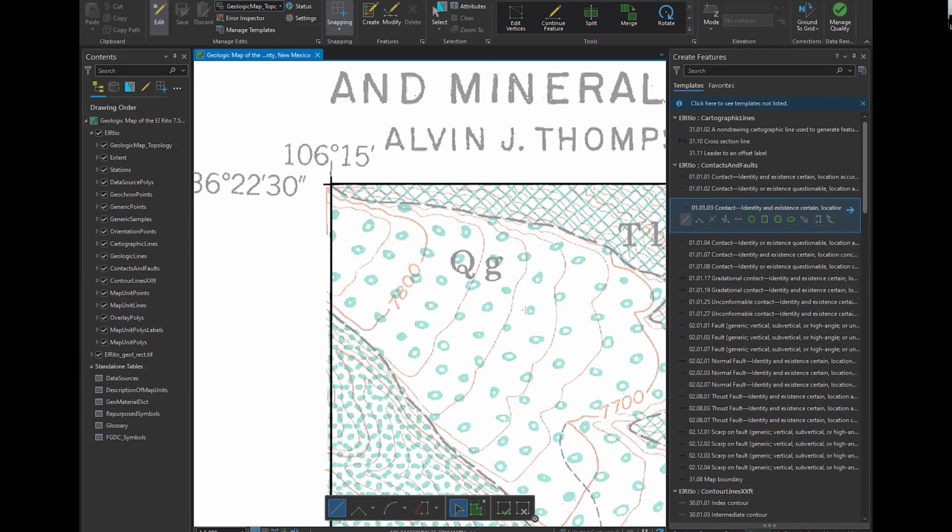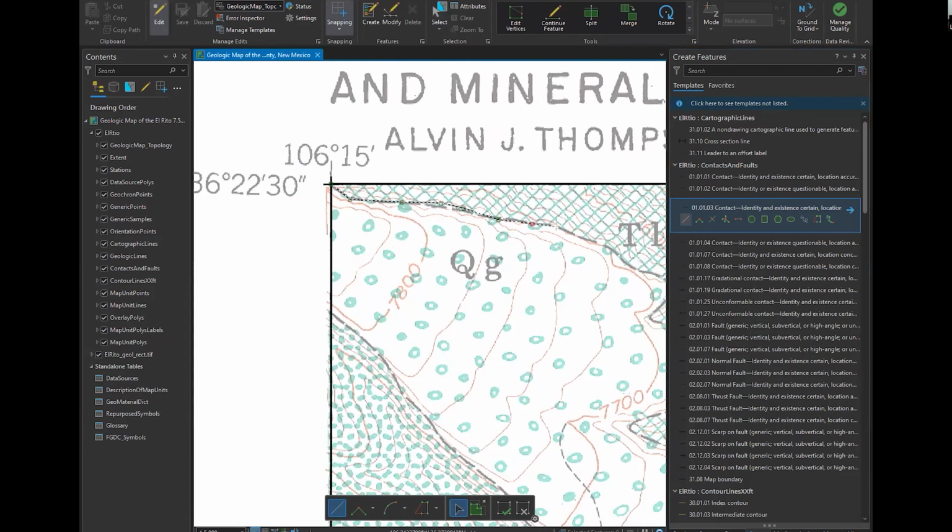All three of these things get rid of a feature, but they do so in different ways from each other, and they do it at different stages throughout the digitizing process. So if I create a feature, I'm going to do this quick and poor, but if I create a feature and I don't finish this sketch, this is an uncommitted sketch, I can go down here and do the first of the three, which is cancel. So like I said, this is not a committed sketch. I have not pressed F2. I have not double clicked. I have not finished right here. I can press cancel. That feature goes away. The next one